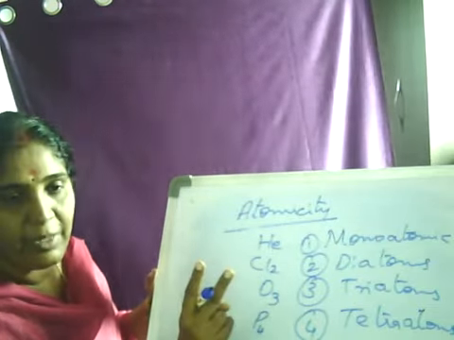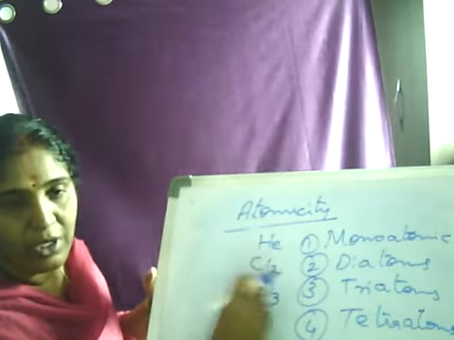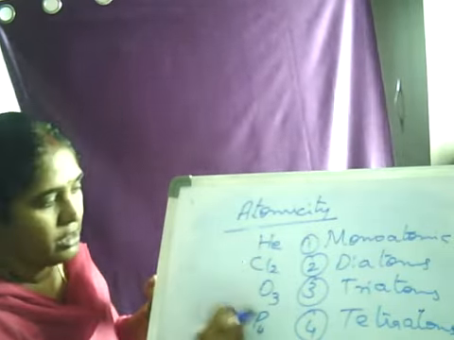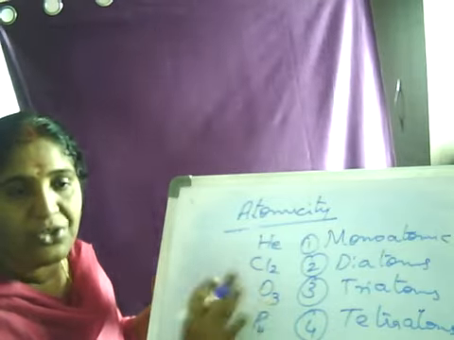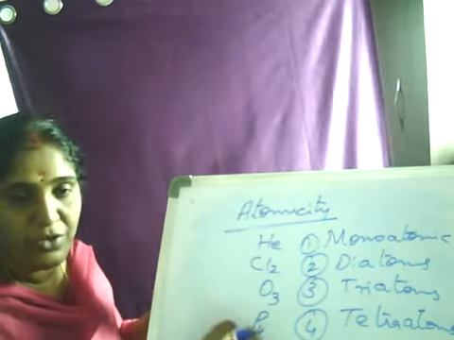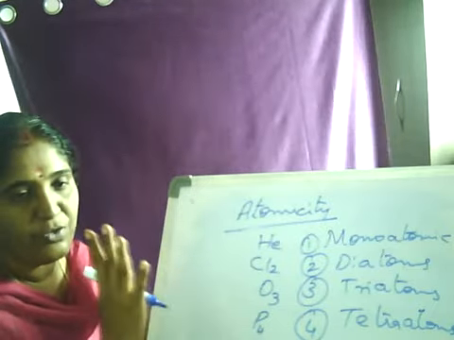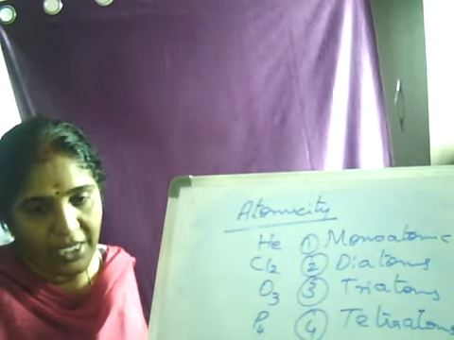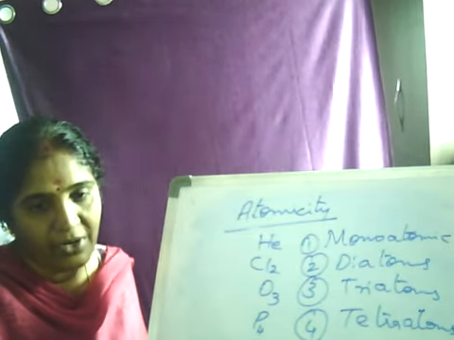Chlorine diatomic, I have written below, right side below, two chlorine atoms. Ozone, three, triatomic, three atoms of oxygen. Then phosphorus tetraatomic, that is four atoms of phosphorus. That is what is called tetraatomic, right? And this